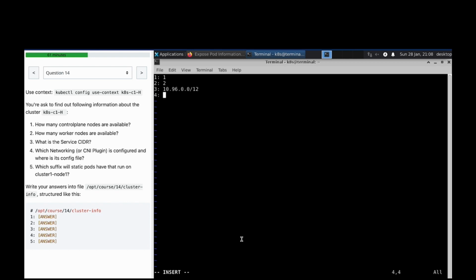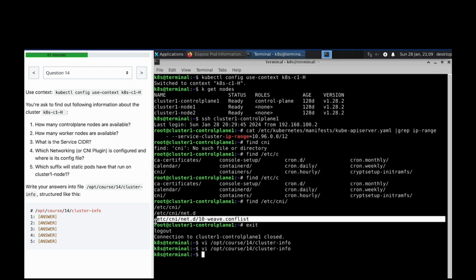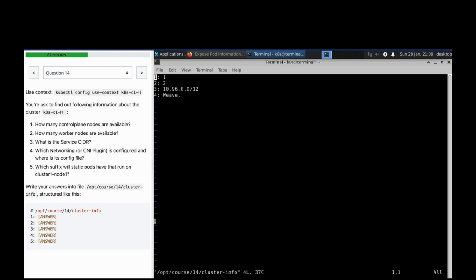For which networking is configured? That is weave. And where is that file? This is the file. Config. With which suffix will it be added? Hyphen cluster